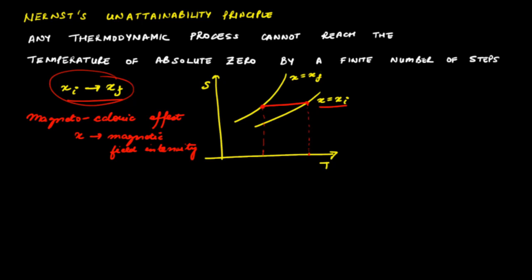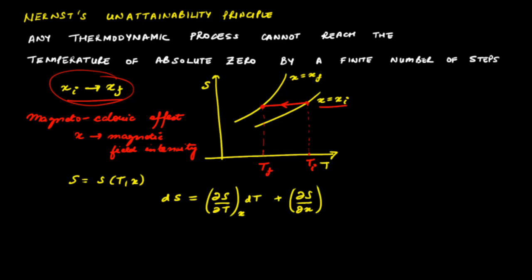But without going into details of this effect, you can consider X to be any independent thermodynamic variable. Now, consider that we have a process where the initial temperature is Ti and the system cools to a temperature Tf. So we'll consider S as a function of T and X. Therefore, dS we can write as del S by del T at constant X dT plus del S by del X at constant T